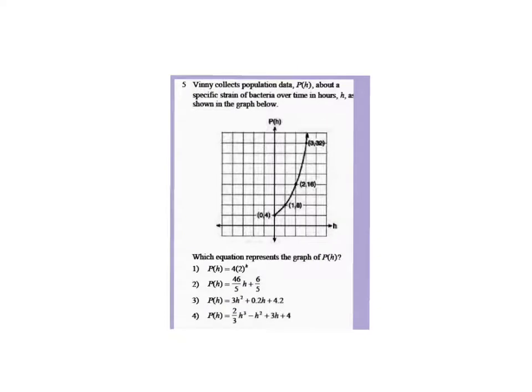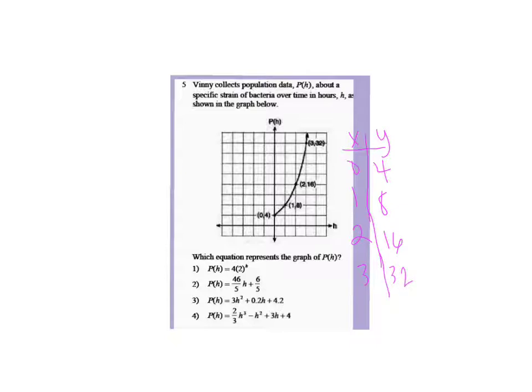Okay, on this one it says Vinny collects population data about a specific strain of bacteria over time, as shown in the graph below. So once again, they want to know which graph matches that equation. They give us the data points, and from there we can create our own table. So if we look at the table that these would create, then we have our x and we have our y values. And so we would do 0, 4, that's that first one right there, 1, 8, 2, 16, and 3,